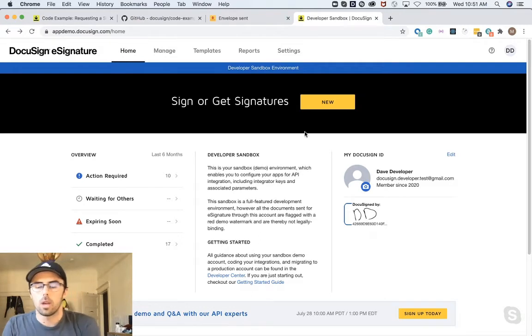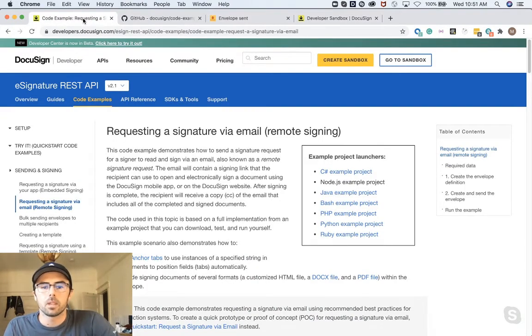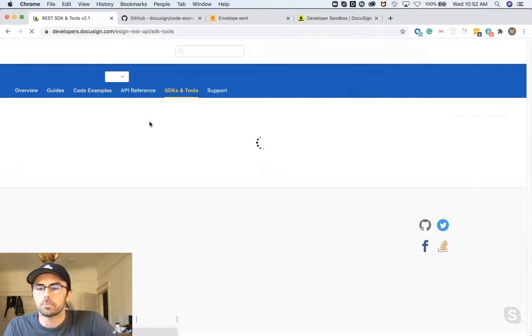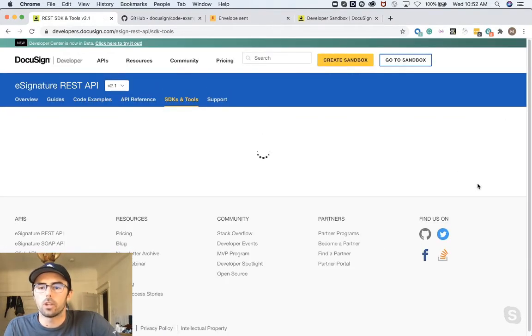Now, what I want to show you now is our Postman collection and the token generator real quickly. We have about 9 minutes left. So let me go ahead and navigate to our Dev Center. Under Resources, you have Tools. And in here, there's a couple things that are very, very helpful. First of which is our OAuth token generator. So if you click on this,